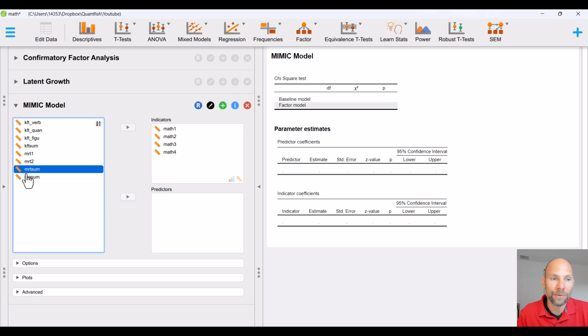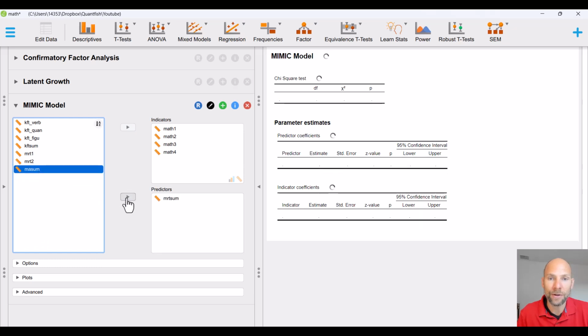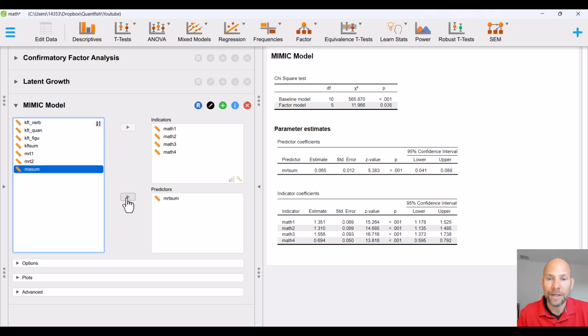So I could, for example, use this variable MRT sum as a predictor. And so then I have a single factor model that is predicted by this manifest variable. Now this option is limited to predicting a single latent factor by one manifest variable or multiple manifest predictor variables. So here we have a model where MRT sum as a manifest predictor variable predicts this factor with 4 indicators, our math factor. And so that's a pretty limited MIMIC model that you can use here,